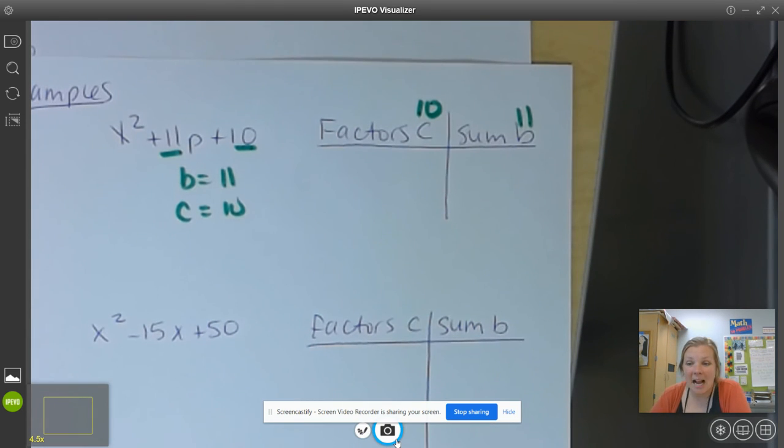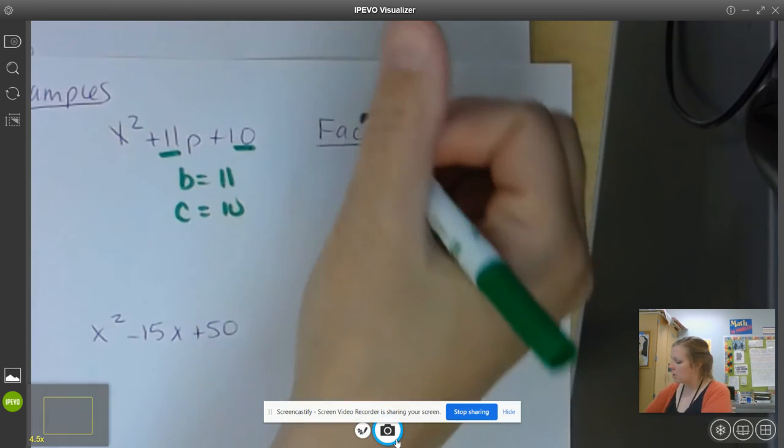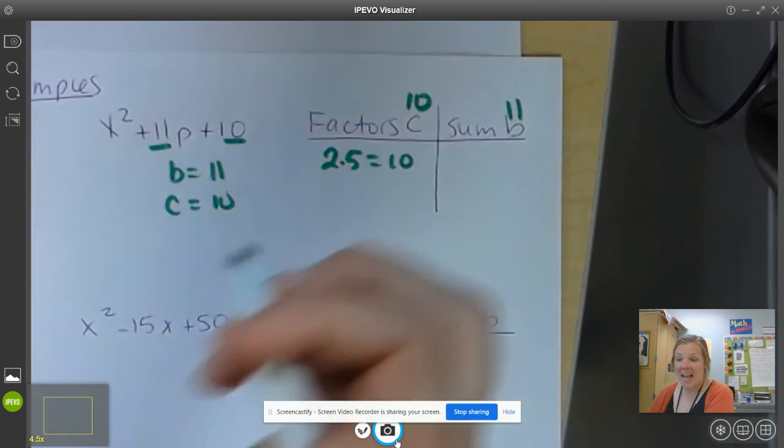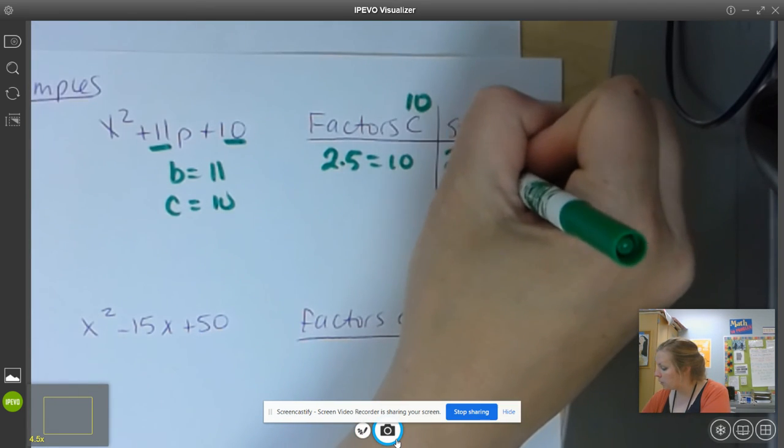And so I need to think. I just start brainstorming. This is a guess and check process. What two numbers multiply to be 10? 2 and 5. So 2 times 5 is 10. Then I try to add them. Is 2 plus 5